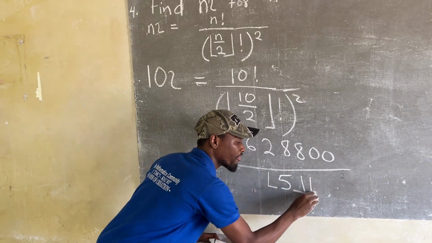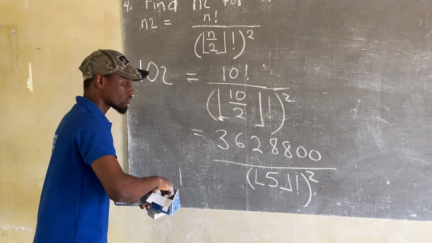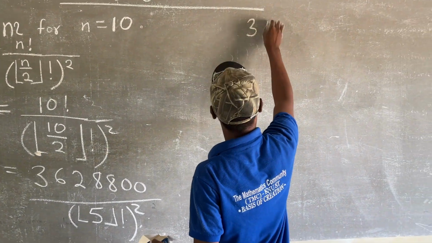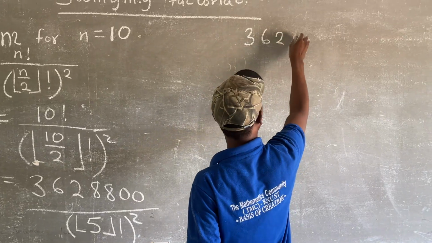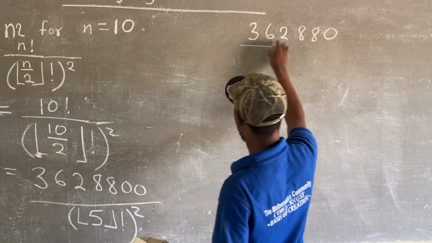Remember, we have the factorial symbol here, then all squared. So we have 3628800, then all over